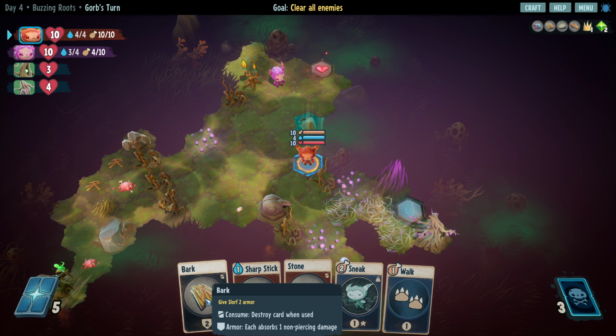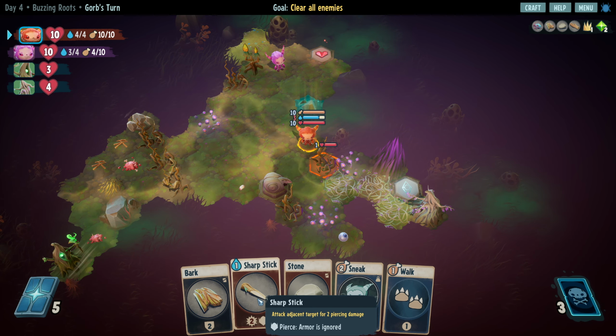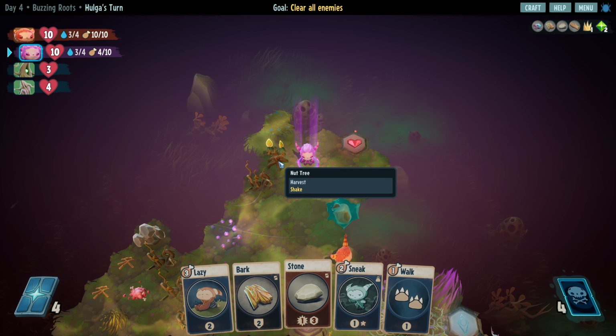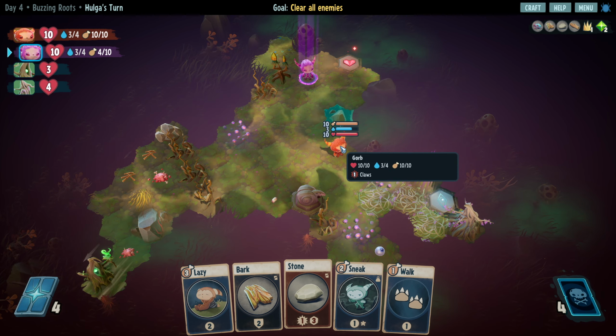Bark gives Slorf 2 armor. Right, we are full of water again, so I can actually spend a sharp stick to get rid of that plant. I'd love a harvest here to get these nuts. Not being very efficient about this whole round, but there's still some food around. Not panicking yet. Down here, I think it's simply going to be...